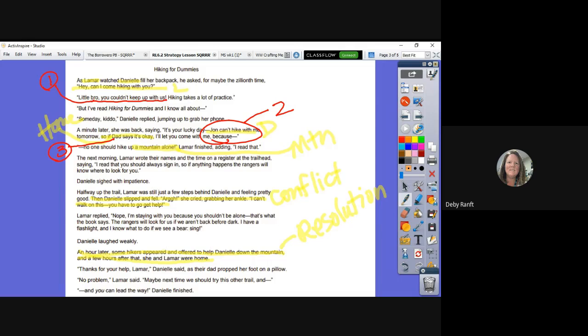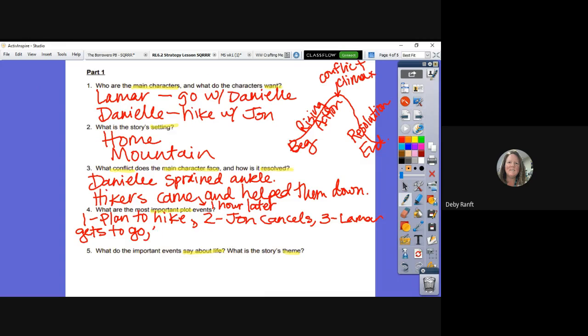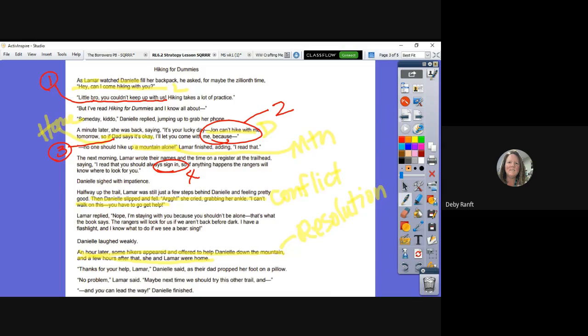They decided. They go, right? They arrive at the mountain and they sign in. Why did they do that? If anything happens. Oh, yeah. Okay. Now what happens? They signed in. They're at the mountain. They go hiking. And then